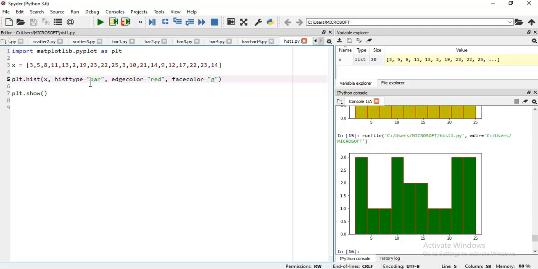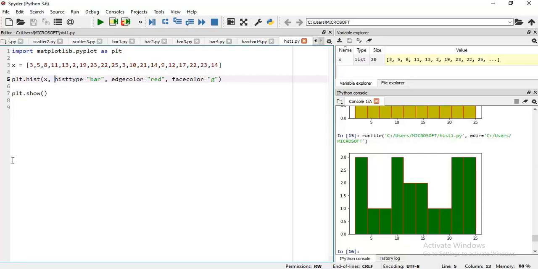And let's suppose you want to create your own class intervals. Here class intervals are created by pyplot itself, like 5 to 10, then 15, then 25.